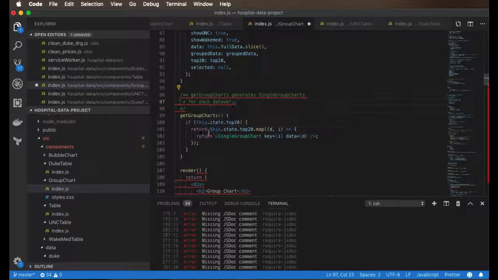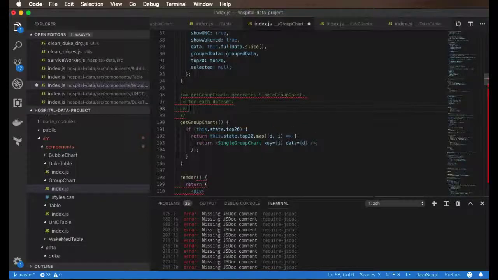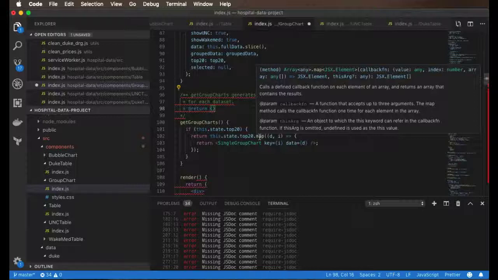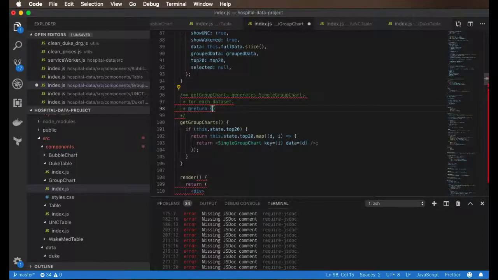Now, it returns something different, right? So this is the return. What's the type of this? Look what this is returning. This.state.top20.map. We know when things map over it, it returns an array of anything, right? So this returns an array of